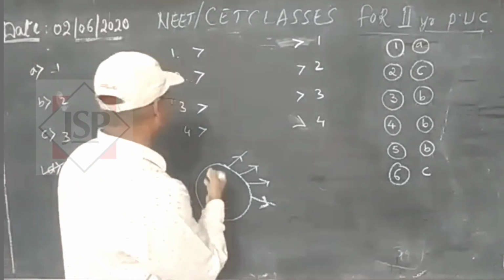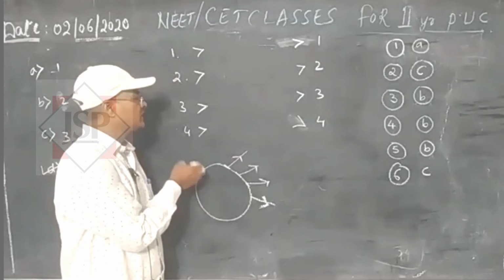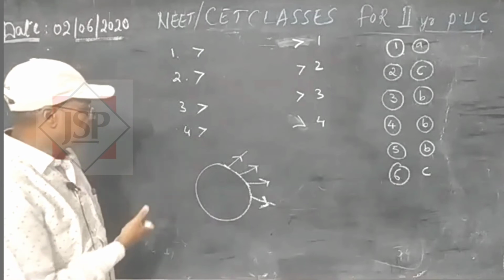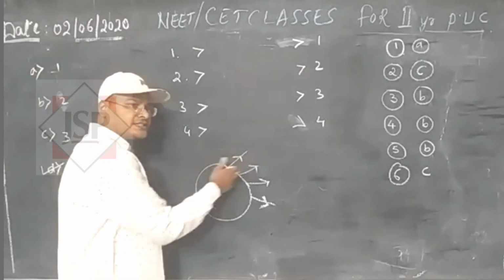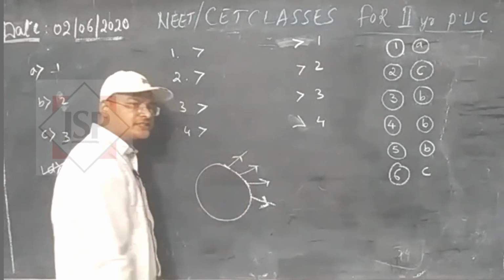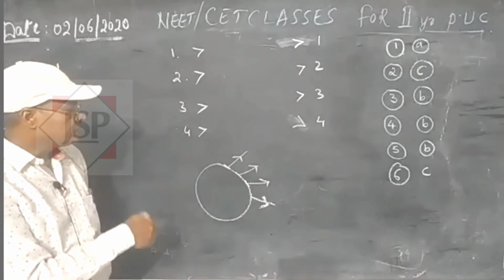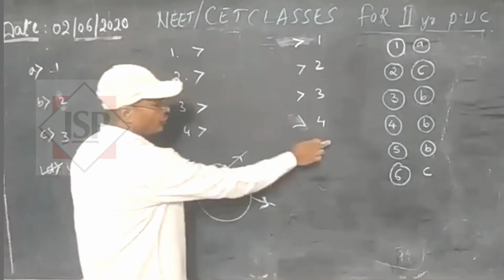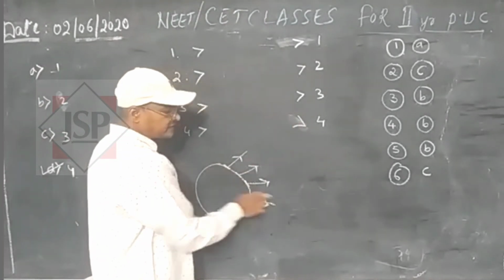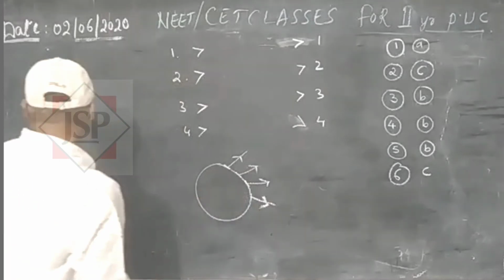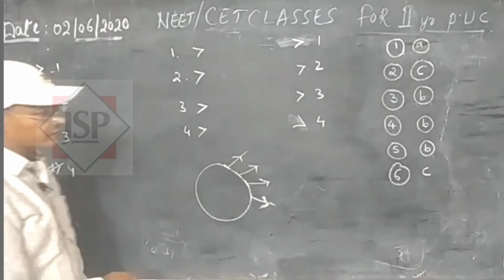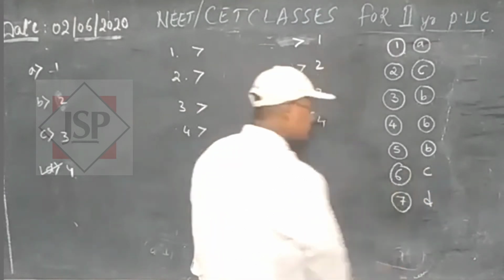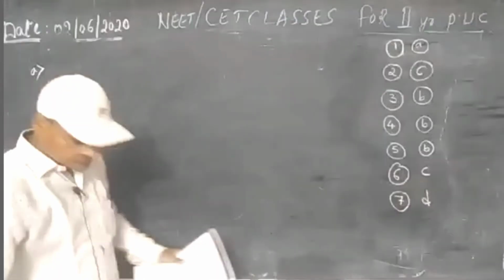Think about it. See the imaginary spherical surface, and you think about how the electric field lines are moving. Always the electric field lines are perpendicular to the surface. Think like this way and you get the answer. If the arrow mark is moving like this way, it is always perpendicular. Because of that, the option is D. So for the seventh, we are going to see D.